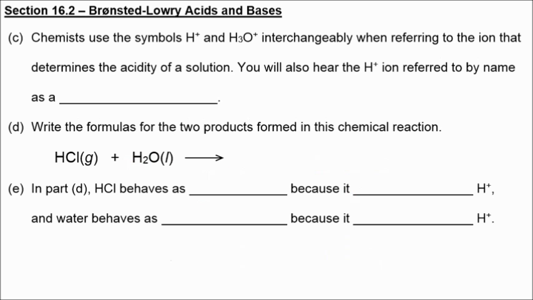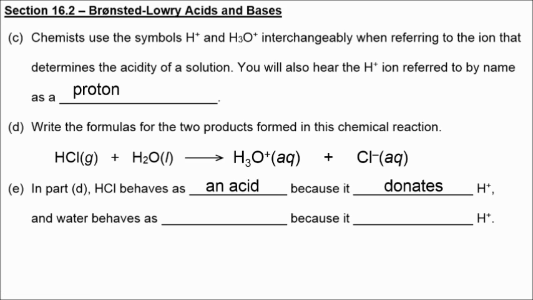Chemists use the symbols H+ and H3O+ interchangeably. You will also hear the H+ ion referred to as a proton. So when HCl reacts with water, we get hydronium and chloride. Here the HCl behaves as an acid because it donates a proton, and water behaves as a base because it